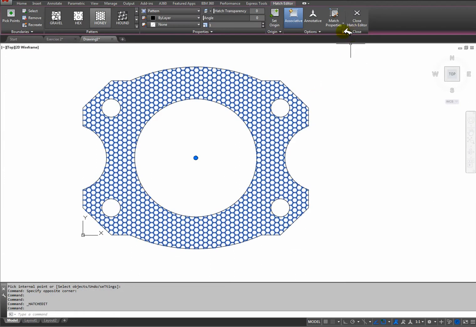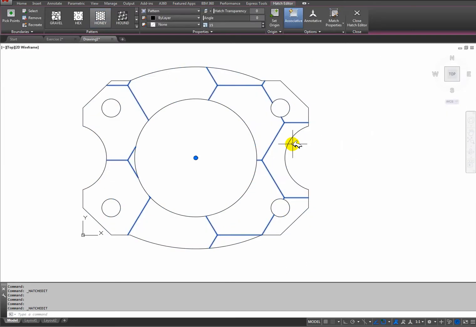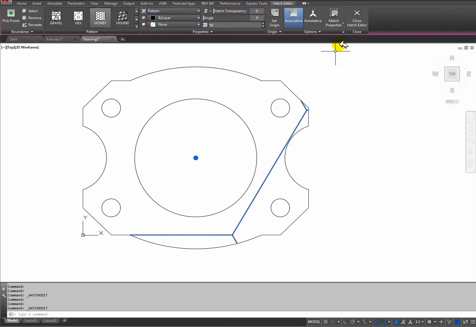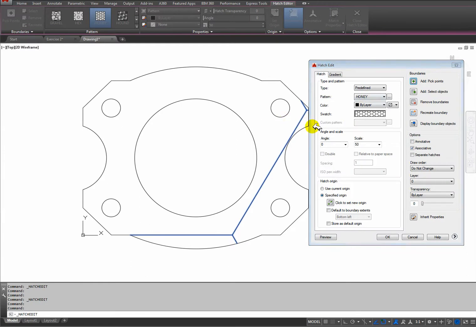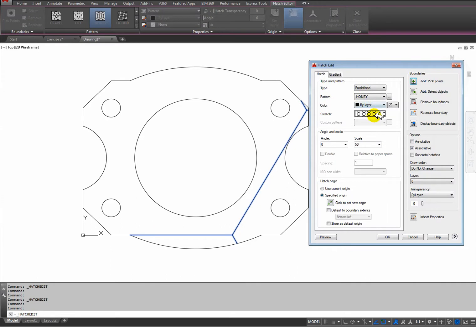Sometimes what would happen is that the scale would be so big that you might not be able to see. So in this case, if I change that to 50, I could still see something. But sometimes you will not see, or you will see just a line like this, and what it means is that the scale is wrong. Okay,